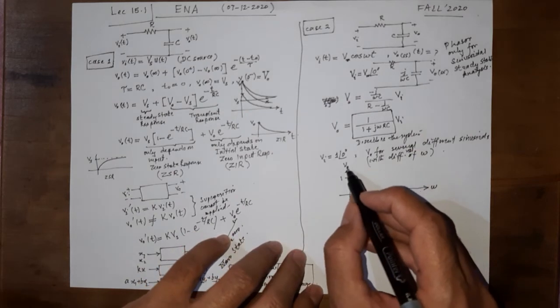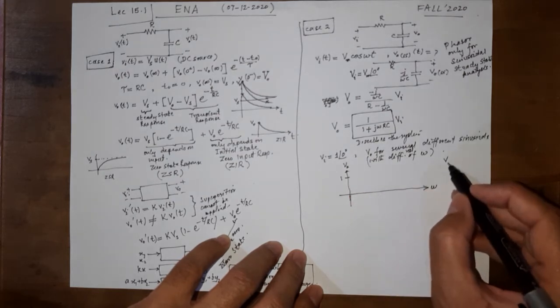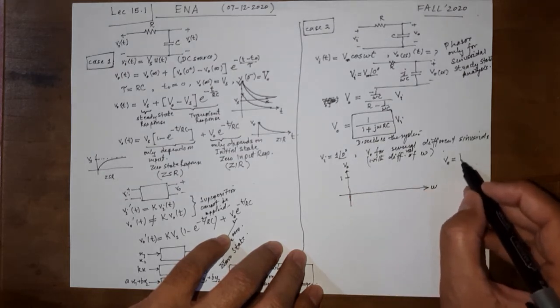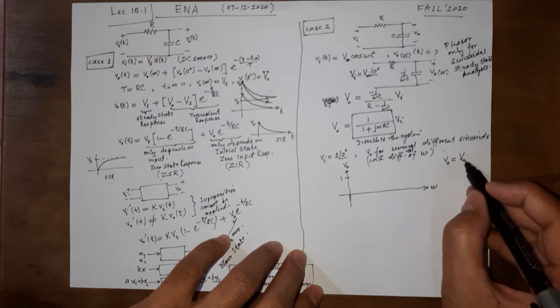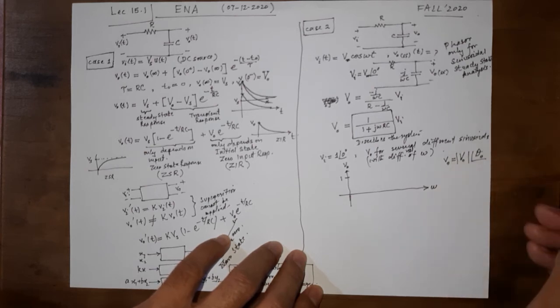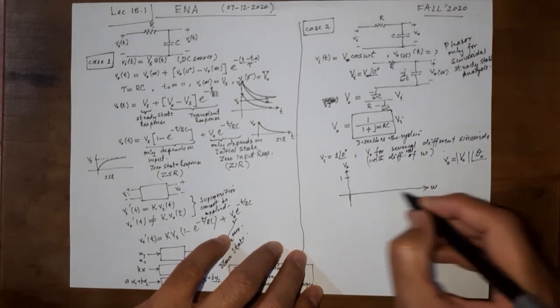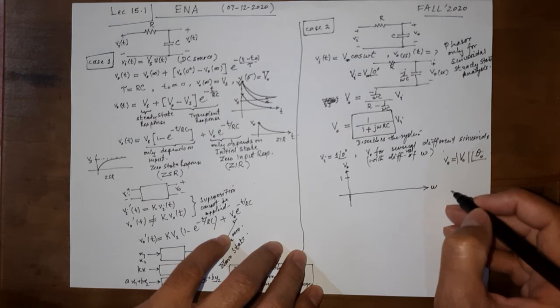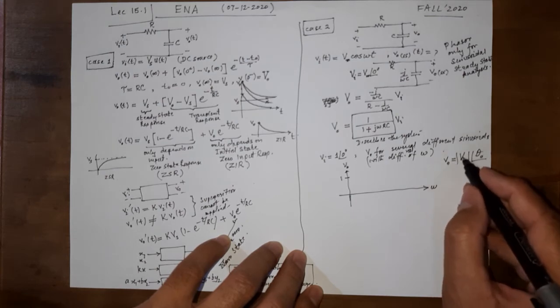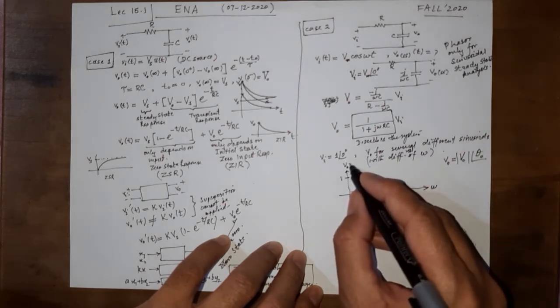We have a problem here, and that is that this V naught is a complex quantity. V naught is a complex number that has some magnitude, V naught magnitude, and then there is a phase, let us call it theta naught in the polar form. So a complex quantity cannot directly be drawn on a graph because it has two different functions. This is a function of omega. This is also a function of omega. So we can take this one at a time.